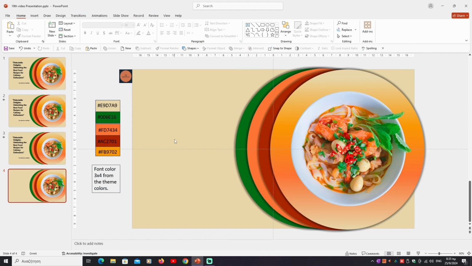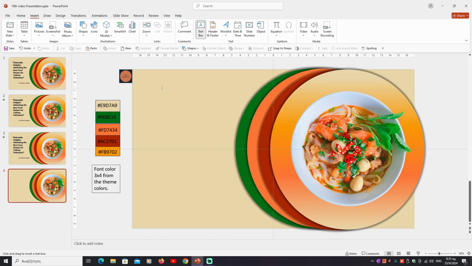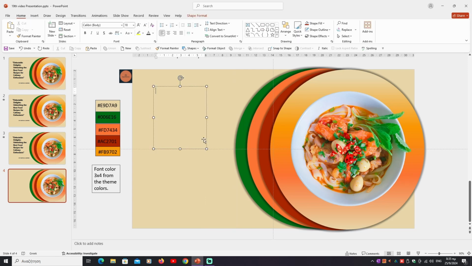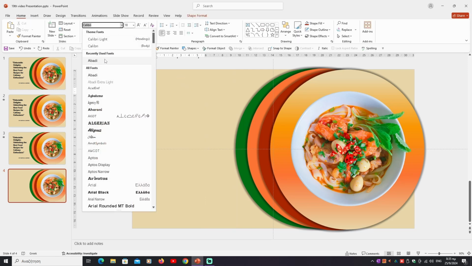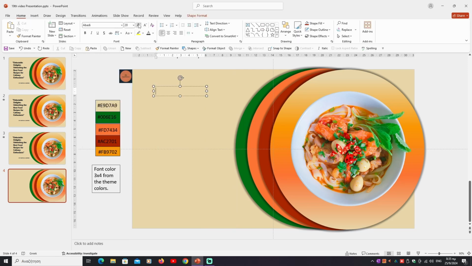Now we will insert our title. We go to insert, click text box, click in the design area, drag and release it. We choose font Abadi, size 36, bold, and we write our title. Shift apostrophe,